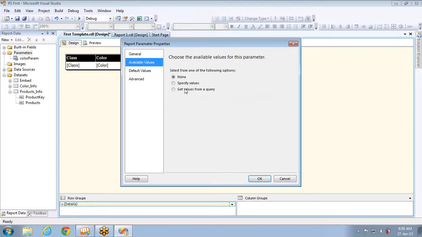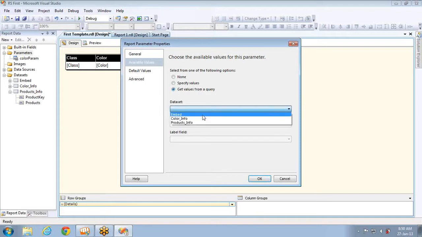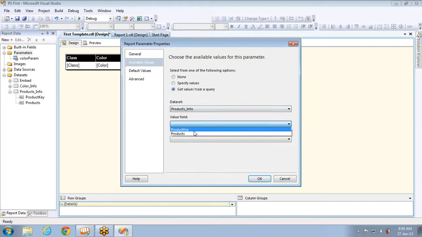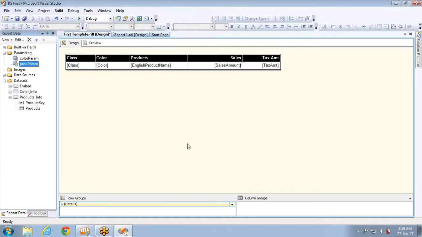And in available values, I'm taking the option get values from a query, and the data set which fills the data for this parameter is products info. The value field, the one which is used for querying purpose, is product key, and the label. Okay, fine, everything is set.